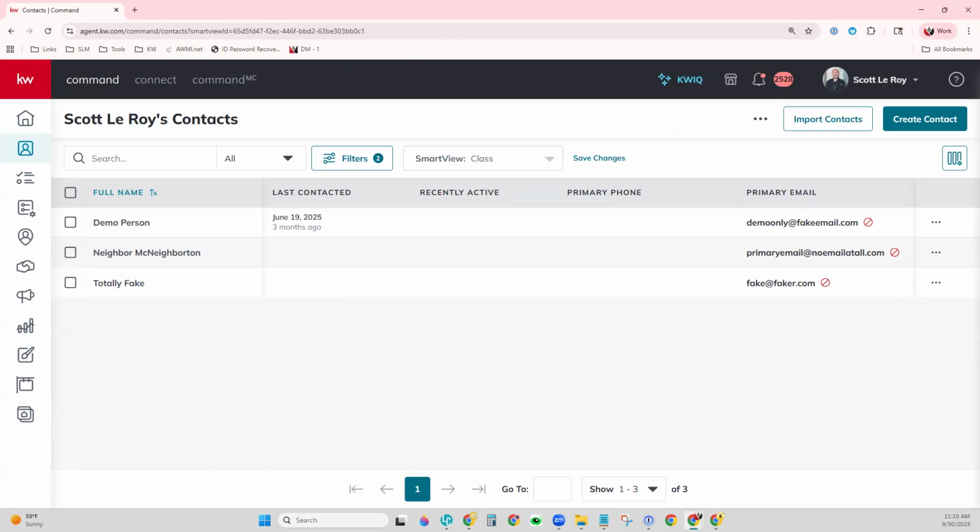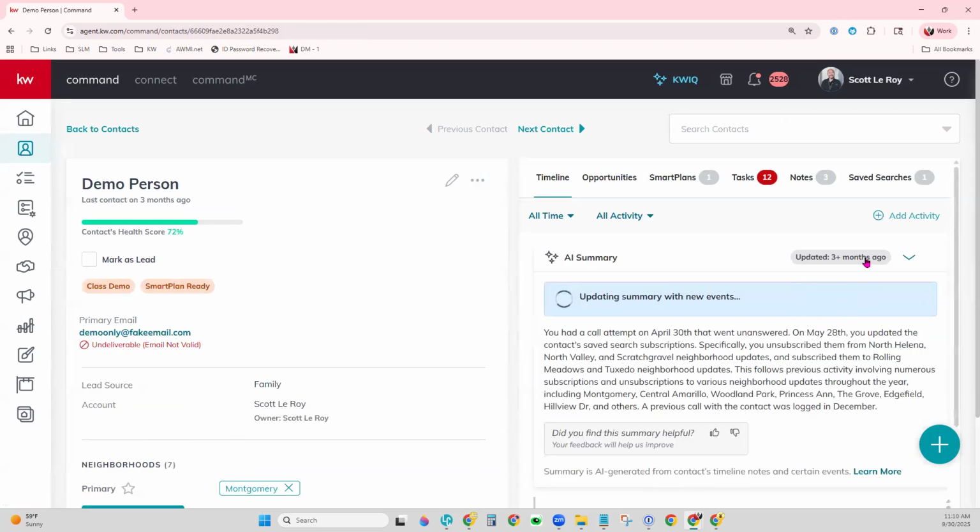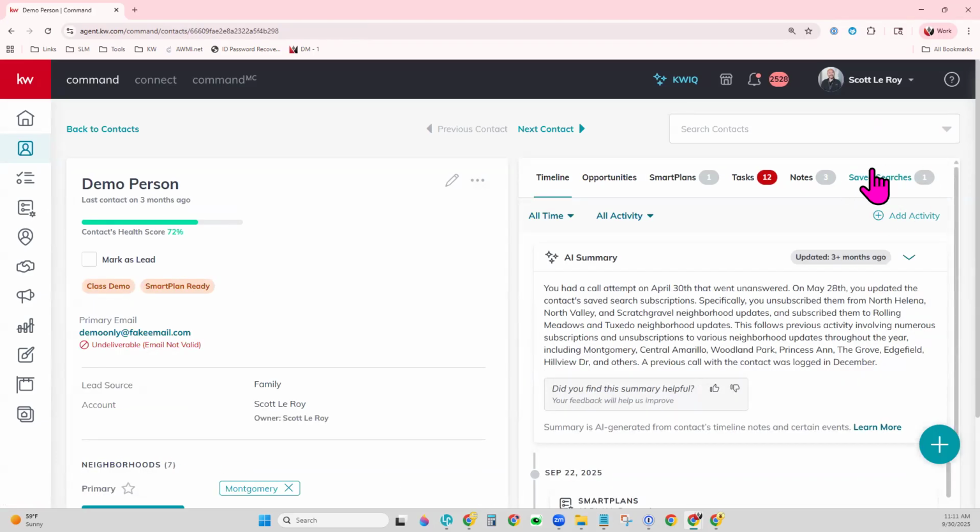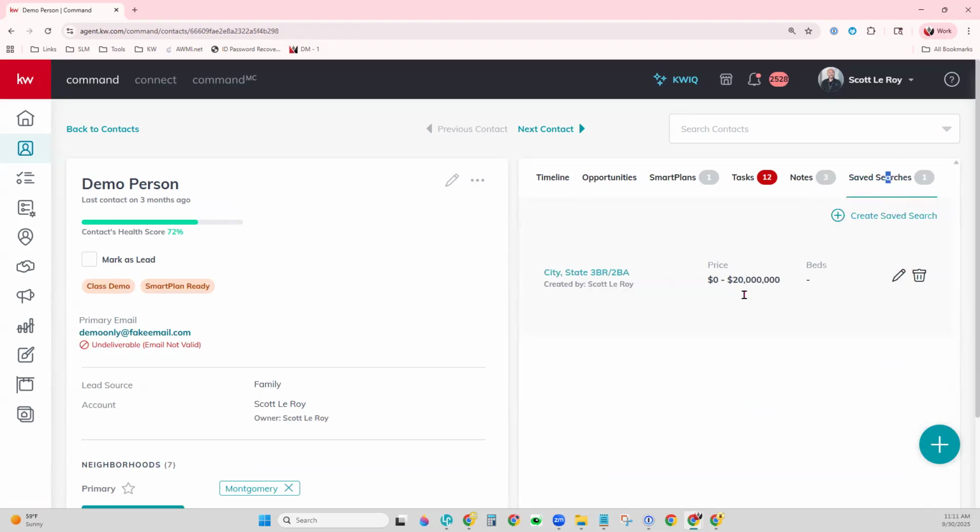I want to be able to show you this stuff. So right here in your contacts, you can create something called a saved search. Now, if you're not super familiar with what that is, let me show you first where it lives. When you click into your contact, over here on the far right-hand side, you can click on saved searches. And a saved search is where you come in and set up a specific type of criteria, like whatever this contact is looking for in a home. So 3 bed, 2 bath, 2 acres, a pond, whatever they're looking for, you can set up the criteria here